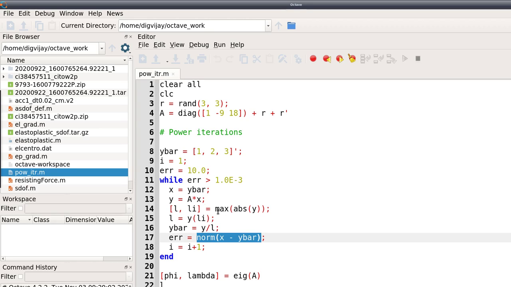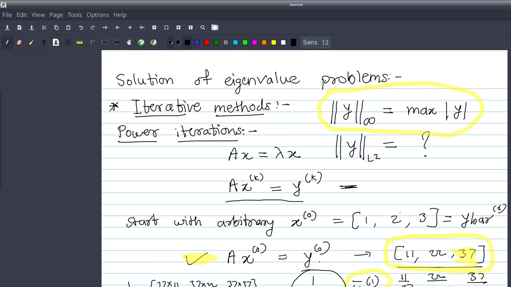सर एक्चुअली वो जो आपने प्रोसीजर इसके पहले बताया ना, मतलब प्रोग्रामिंग से पहले जो बता रहे थे सर, वो स्क्रीन एक बार खोलेंगे प्लीज। हाँ सर, इसमें जैसे यहाँ पे समझ में नहीं आ रहा है, तो x नॉट, y बार नॉट हो गया, ठीक है, उसके बाद उसको हमने A मैट्रिक्स से मल्टीप्लाई किया, जो कि हमने ऑलरेडी पहले कैलकुलेट किया था, उसको सर आपने y नॉट बोल दिया, A x नॉट इज इक्वल टू y नॉट, ठीक है सर। उसके बाद जब उसका y नॉर्म निकाल के डिवाइड किया, तो वो क्या मिला मुझे? y बार 1, और ये आइगन वैल्यू है तुम्हारी, फर्स्ट अप्रोक्सीमेशन टू आइगन वैल्यू।